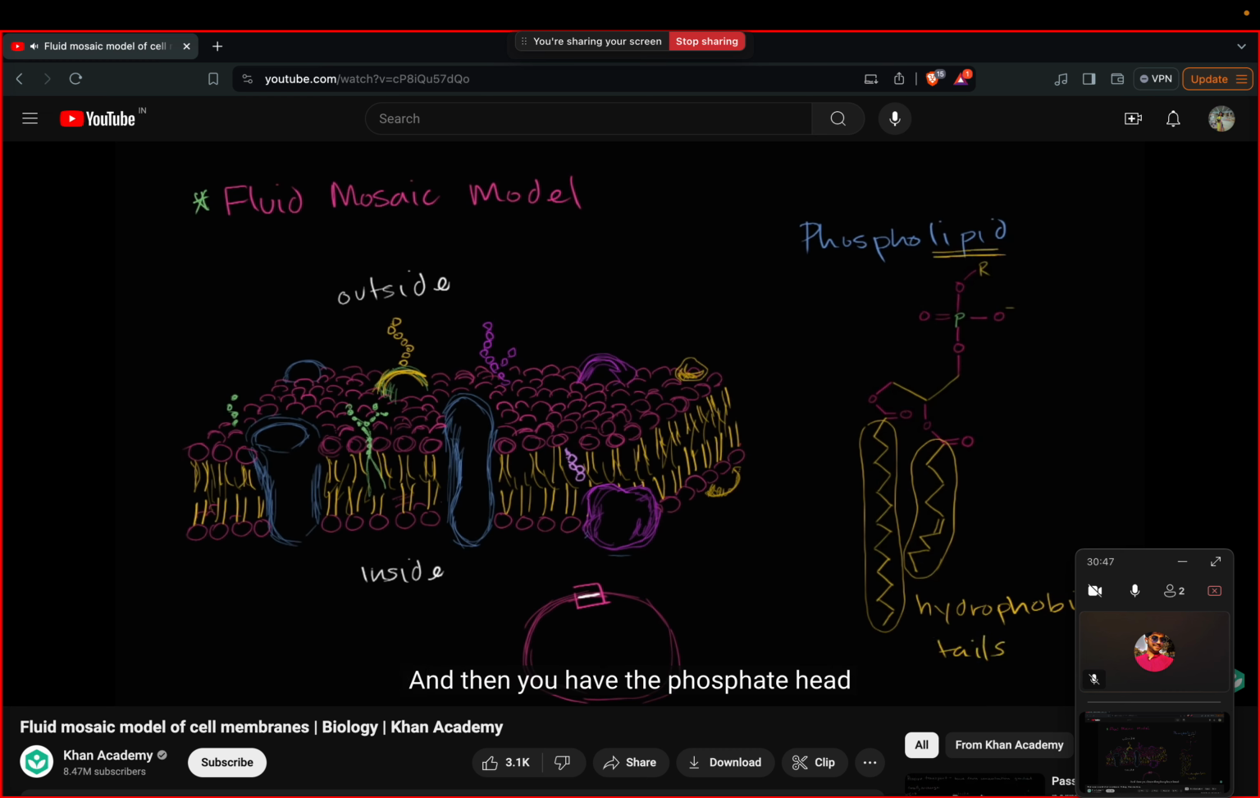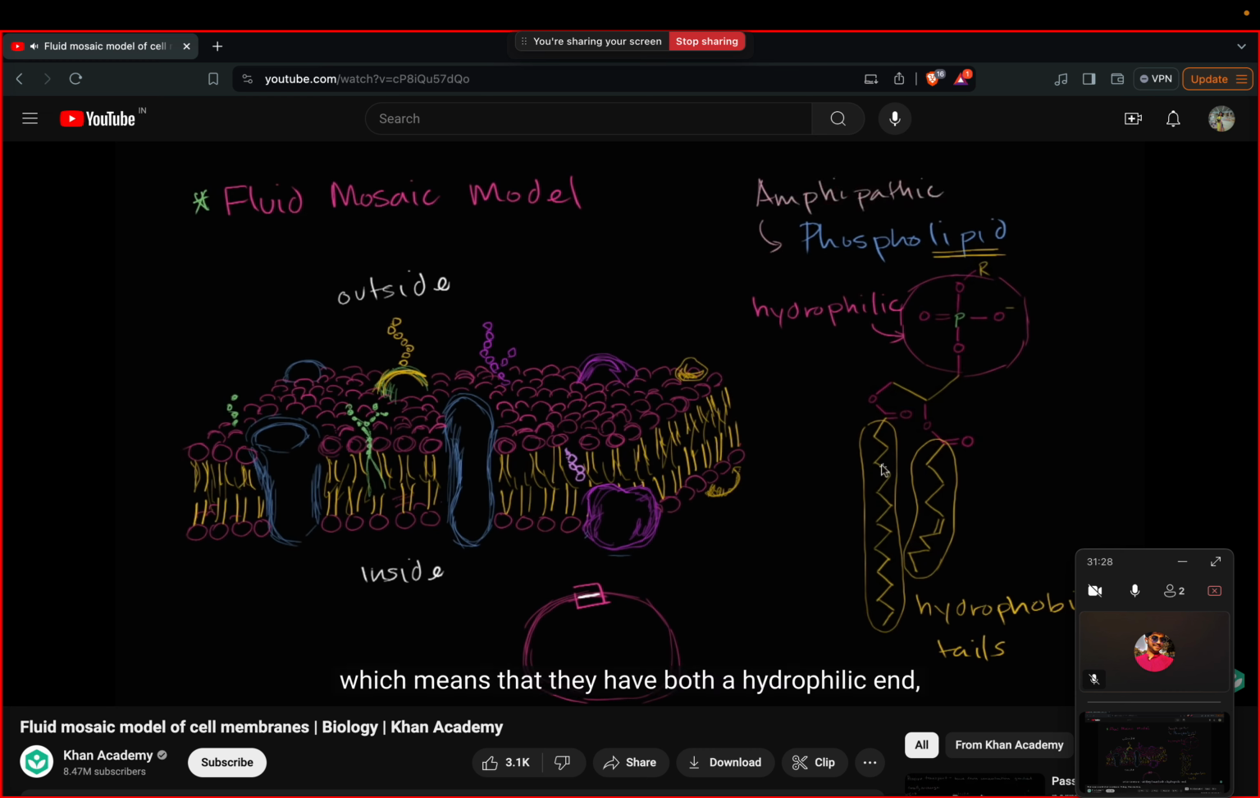And then you have the phosphate head right over here. And as you can clearly see, this has some charge. Charged molecules do well in polar substances like water. They're going to dissolve well. And so this part right over here is going to be hydrophilic. And actually, molecules that have a hydrophilic part and a hydrophobic part, there's a special word for them, amphipathic, a word that I sometimes have trouble saying. So phospholipids are amphipathic,